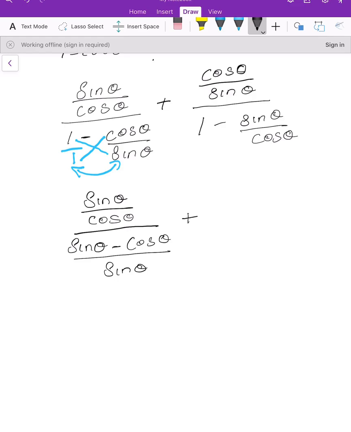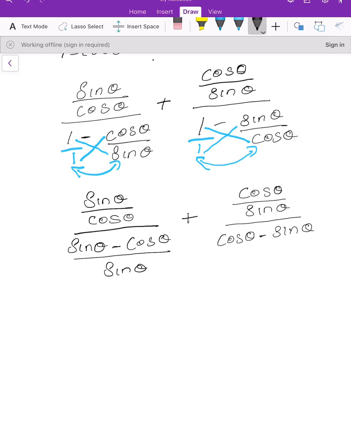Similarly here for the numerator I will not do anything: cos theta by sin theta. For the denominator again I'll follow the same LCM. For terms which don't have numbers, I'll multiply this and this, and I'll multiply this and this. This is how I have to do when it is not numbers in all the cases. Mostly 1 into cos theta is cos theta, minus 1 into sin theta is sin theta, by 1 into cos theta is cos theta.